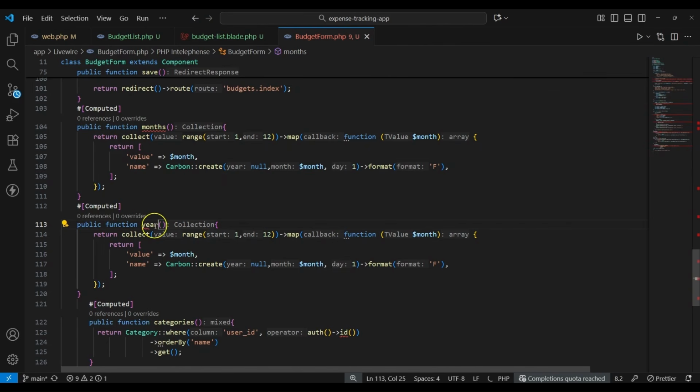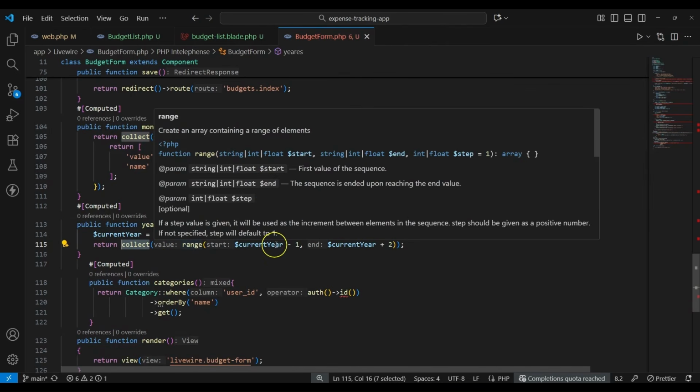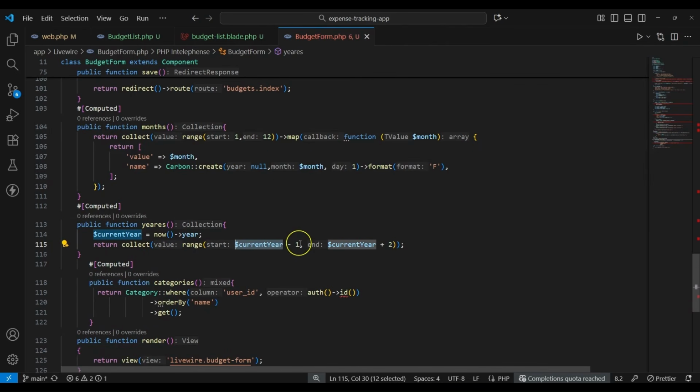Okay, so what it does, it will get the instance of the current year, and then it will give the collections of this range. So the year -1, and the end year, which should be the current year plus 2. So that should be the years that you should be able to see. So you should be able to see like 3 years. Okay, and after that now we should be good to go, but here we need to make sure that we